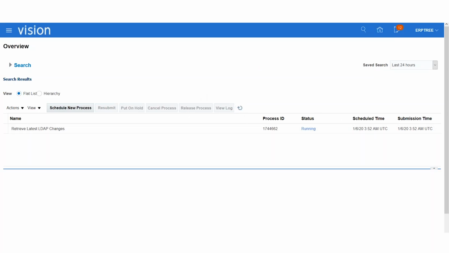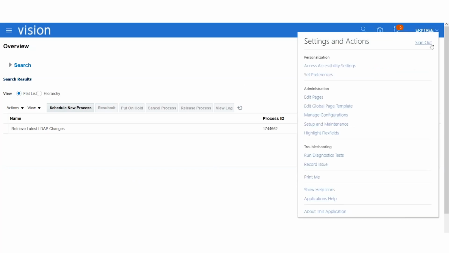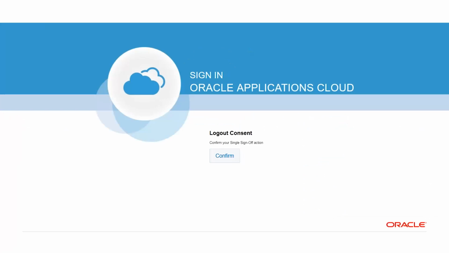Now, okay, we waited almost two minutes. Hope that the updates got synchronized. Even though the status has not turned into succeeded, the final status will be succeeded. But we just waited for two minutes, hoping that it got synchronized. Sign out and log in as the cloud ERP user whatever we created and assigned the roles.